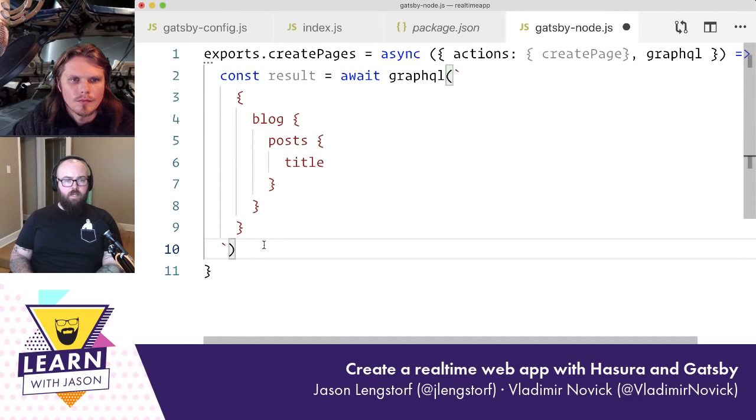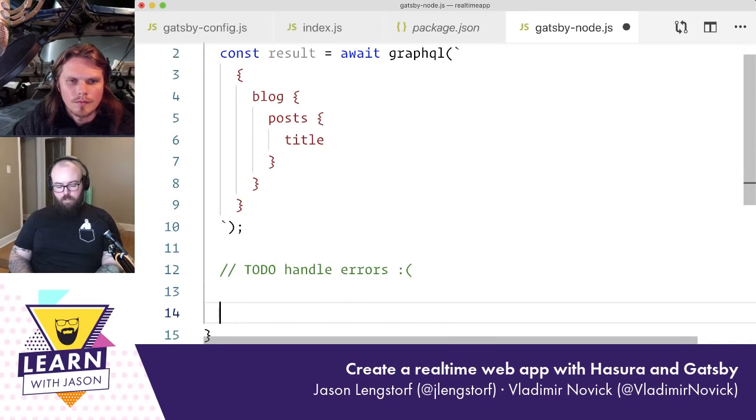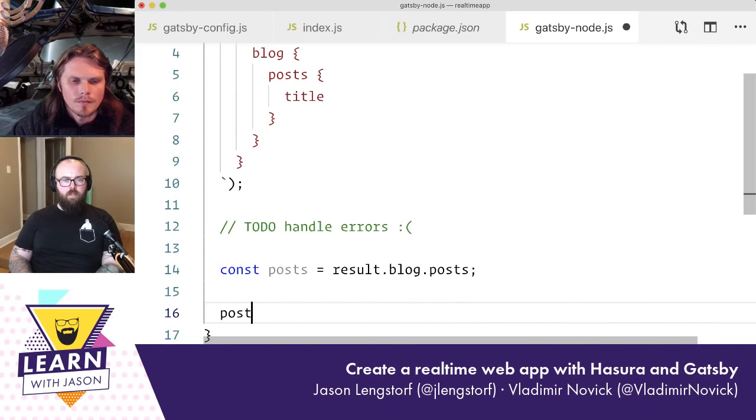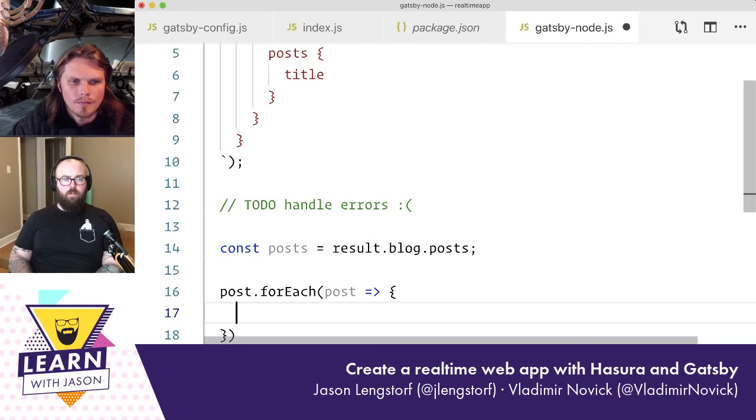That should give us that, and then I'm going to set up a to-do for error handling, and then, assuming that worked, we're going to do posts equals result.blog.posts, and then we can do a forEach, get a post, and down in here we can do